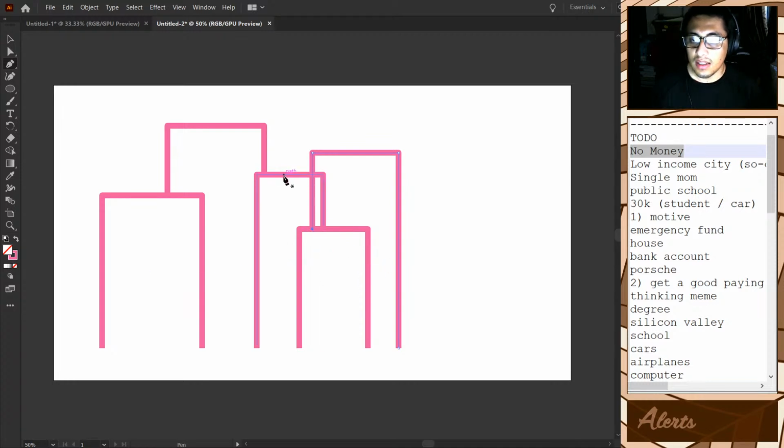Now that this is done, again we're holding down control, and we could remove this one, right? But how do you remove it? You actually let go of control and you will see a little slash.